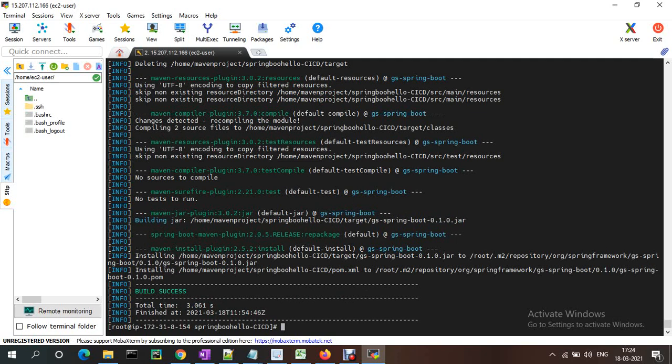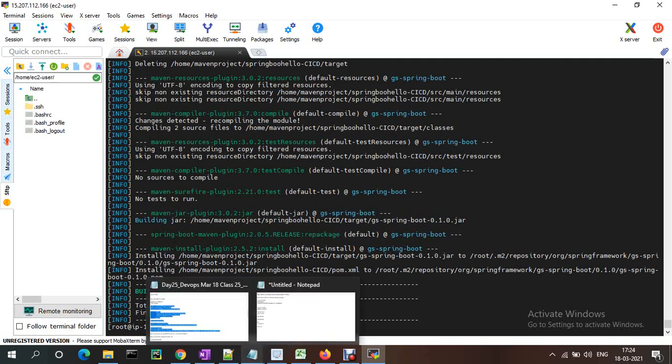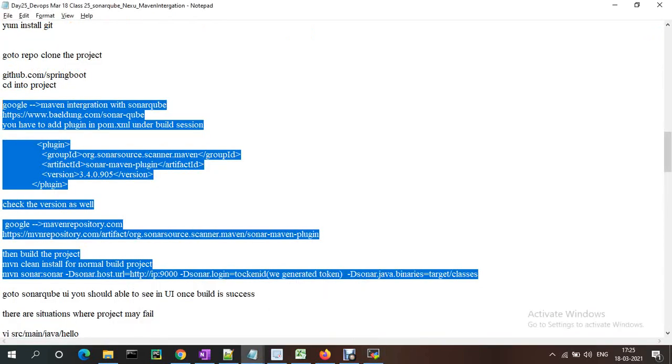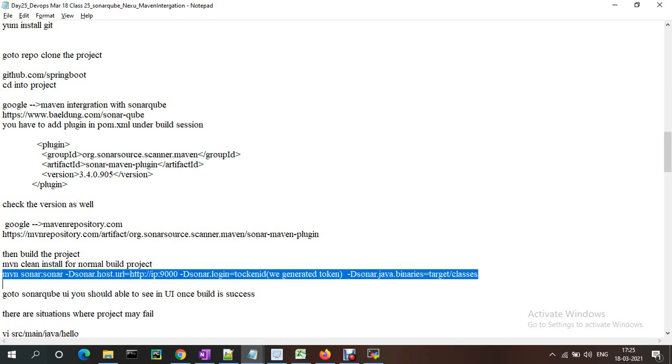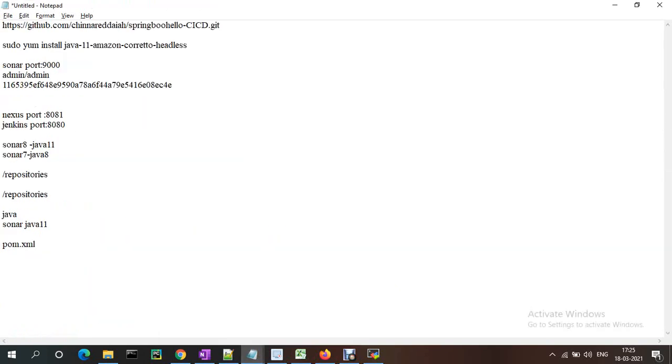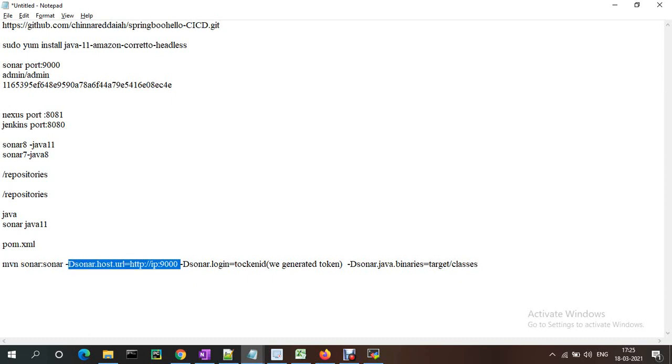Okay, once this is done, we need to provide the Sonar command to analyze the project. Our command is, just copying this one, mvn sonar:sonar -Dsonar.host.url.